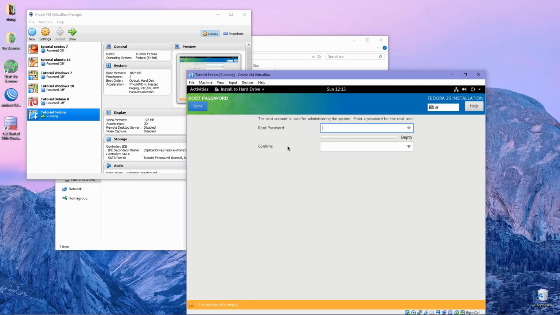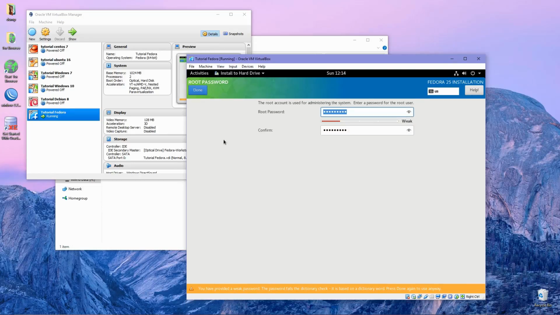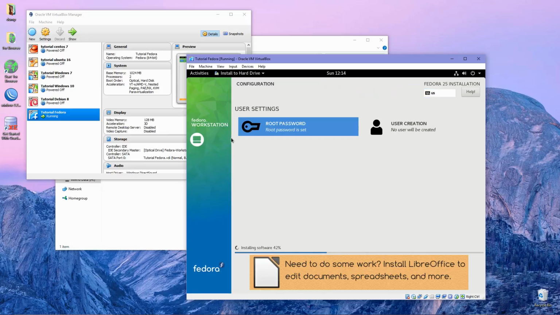So now we need to set the root password. Type it again to confirm your password and click done. Okay, this takes long.